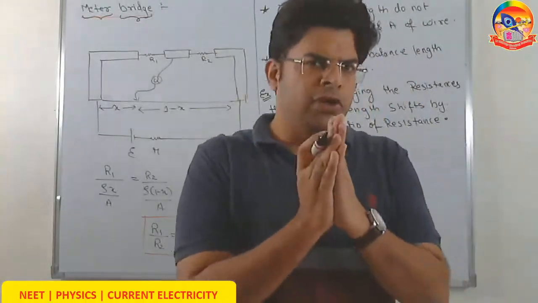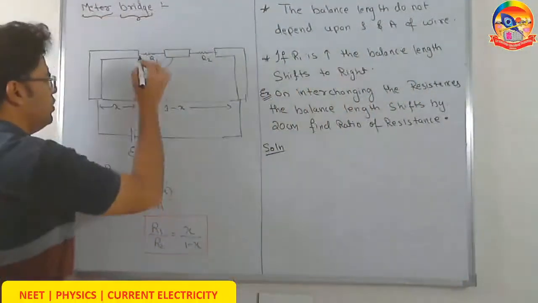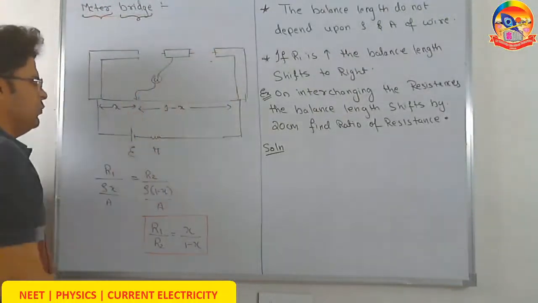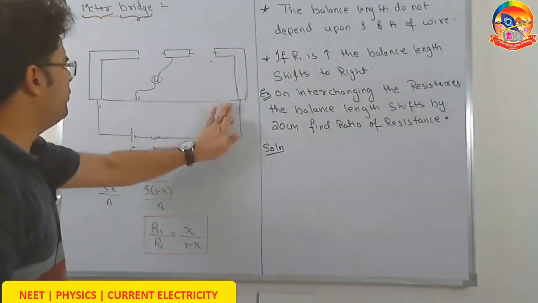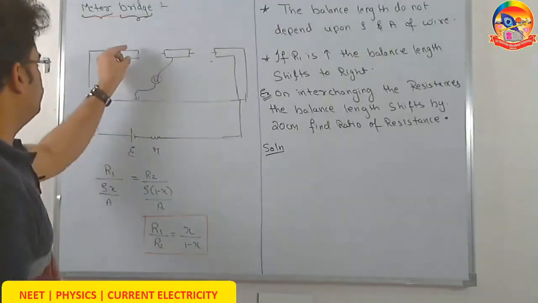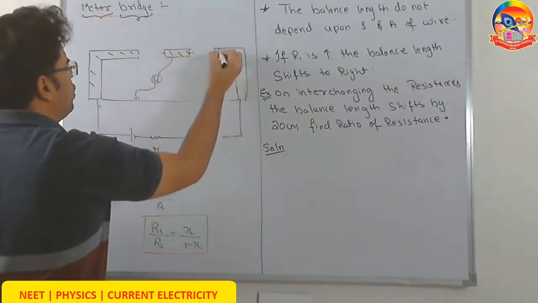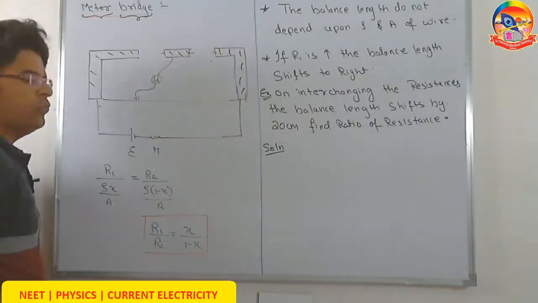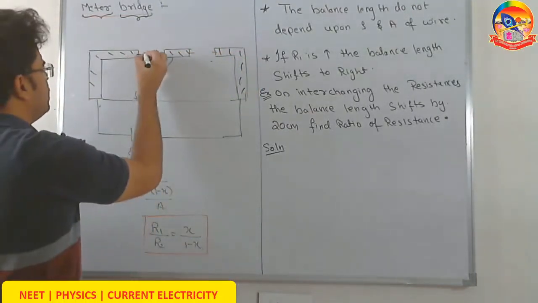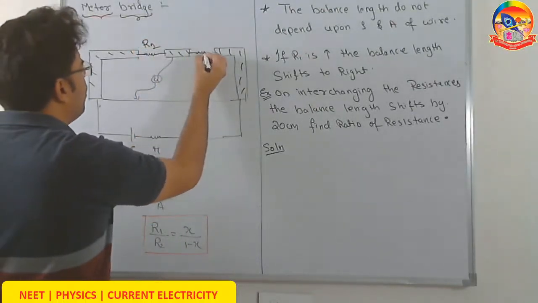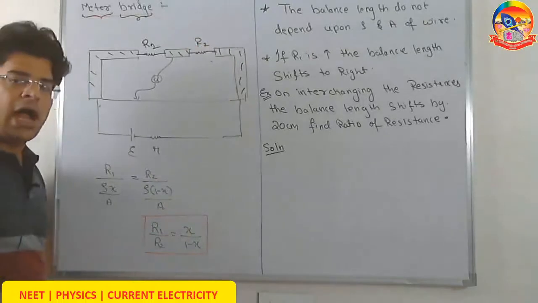A meter bridge is used to compare two resistances or to find an unknown resistance using a known resistance. Let's say we have got two resistances. How does it work? This is what the system looks like. There is a battery of EMF E. There are three thick plates, and between these thick plates there are two gaps formed, gap 1 and gap 2. In these two gaps we can place resistances. Let's say on the left side the resistance placed is R1 and on the right hand side the resistance placed is R2.